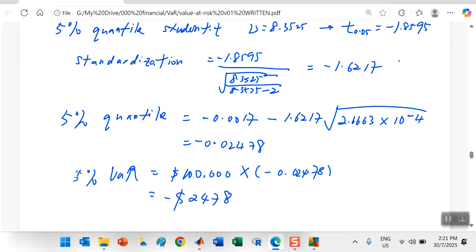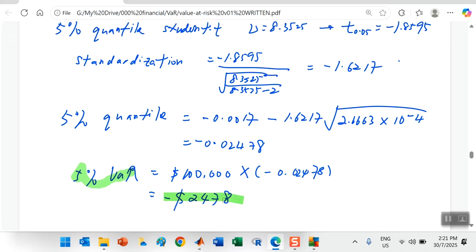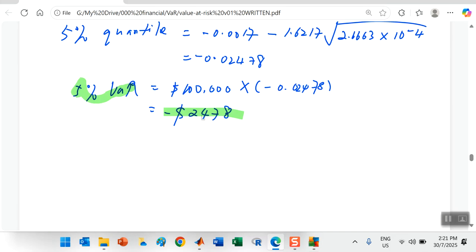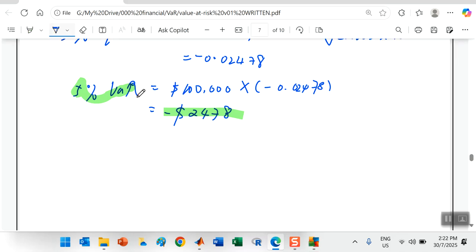5% VAR under the student T assumption is 2,478. But if you look at the VAR for normally distributed, it is 2,827. Okay, so this is less than the normal. I mean, the loss is less than. So basically, student T in this case has no extra impact, or actually the VAR is less than the